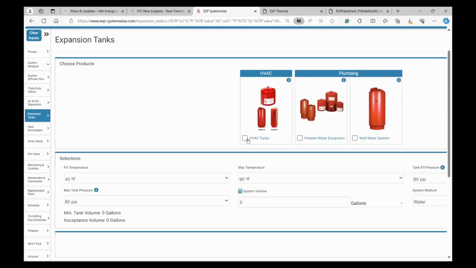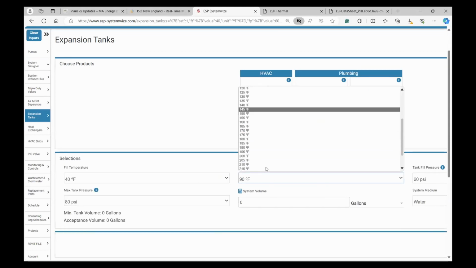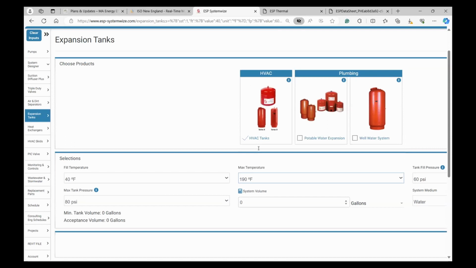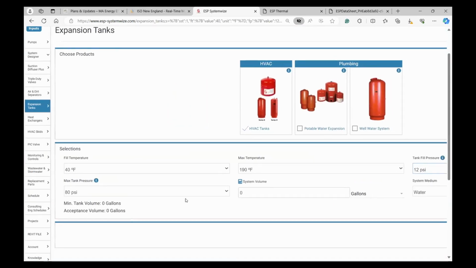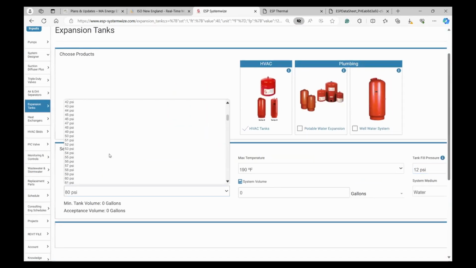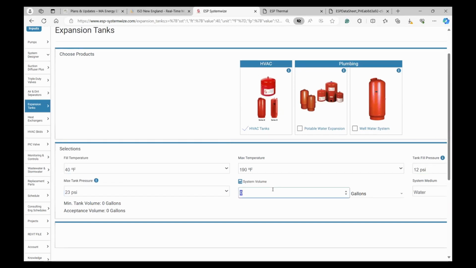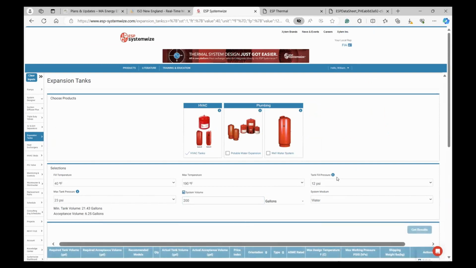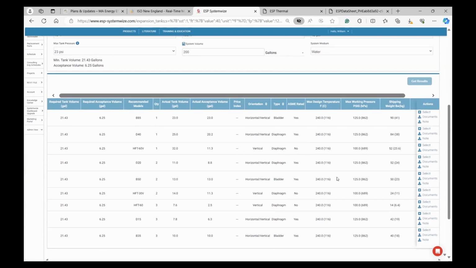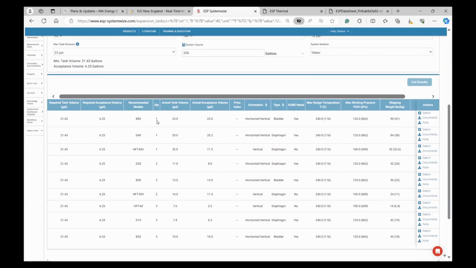If we were to make a selection, let's say there's an HVAC selection, 40-degree fill. Let's call it 190-degree water. Say tank fill pressure, let's call it 12 psi. Let's call it relief pressure 23 pounds. System volume 200 gallons. Just as an example. And then what I like is that it'll give you a selection for a single unit,